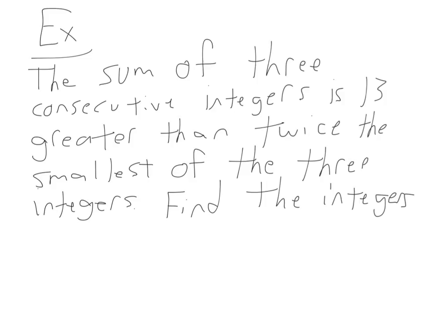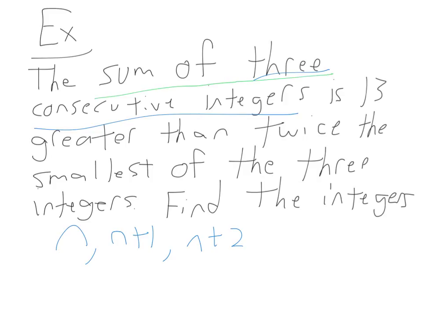Alright, here's another example. The sum of 3 consecutive integers is 13 greater than twice the smallest of the 3 integers. Find all 3 of the integers. Now, what we need to do is figure out how to denote 3 consecutive integers using variables. I'd say pick some number. You could use n for number. So if they're consecutive, the next one after that would be n plus 1 because you just add 1 to it. Then you'd have to add 1 to that, so n plus 2 would be the third integer. So it says the sum of these 3 integers, so n plus n plus 1 plus n plus 2